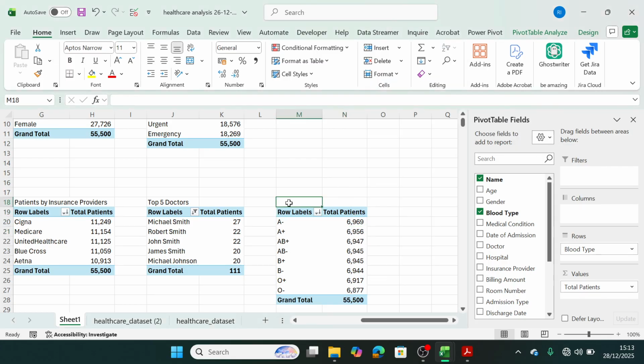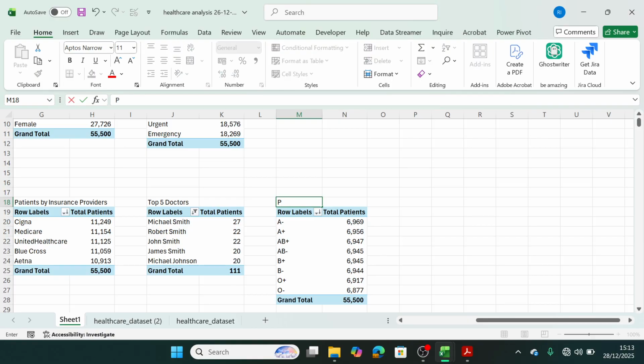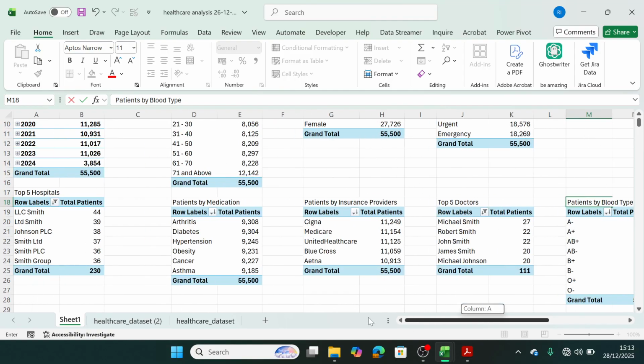So we call this one patient by blood type. So guys, we've answered all the questions. And we've gotten our insights. You can easily pick the insights you want from here. We've answered the questions. So the next thing we do from here, guys, is